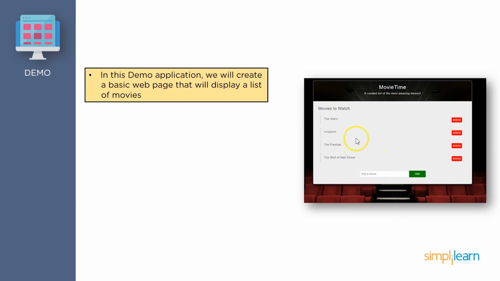Now all these we are doing via JavaScript. You can statically add it also using your HTML. But in this particular example, we are going to use JavaScript to dynamically add a new movie. And if you want to delete those movies, we are going to do that also. So this is what we are going to see as an example, in this demo application, wherein you can create these details of the movies.